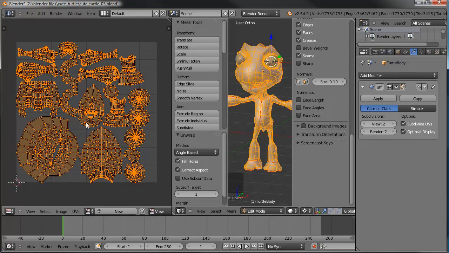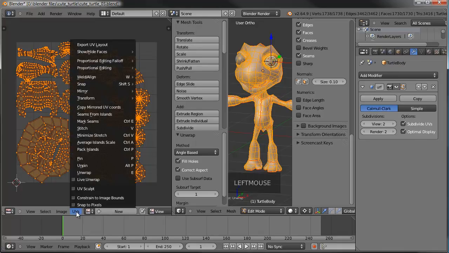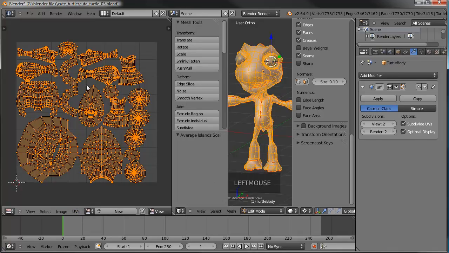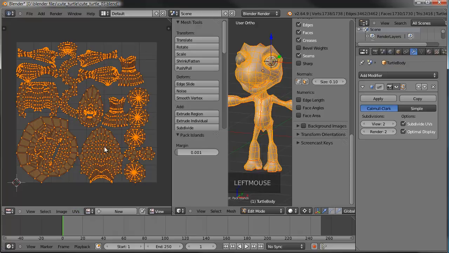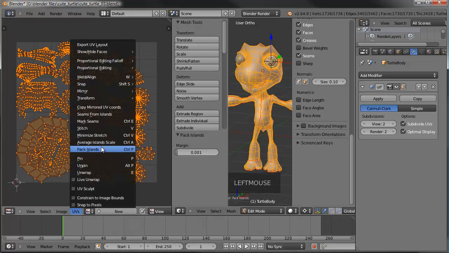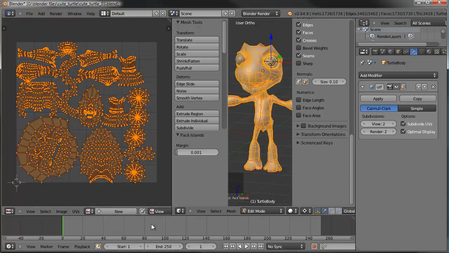Right now they're in kind of a hodgepodge, so I'm going to go UVs, average the scale, and you can see some of them adjusted. Sometimes when you unwrap the UVs, some parts are bigger than they should be and other parts are smaller, so when you do the average scale, it makes them all uniform size. And now we're going to go pack islands so it fits them inside the square a little bit better. Usually the first run does a pretty good job, but you can sometimes tweak it a little bit by doing the average scale and then pack. Okay, so now